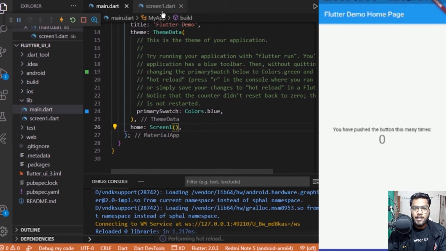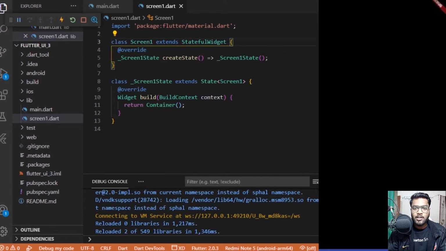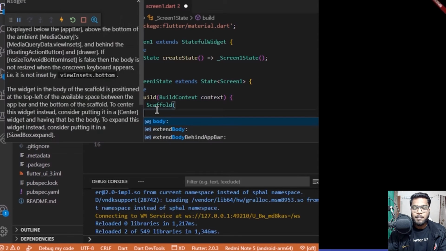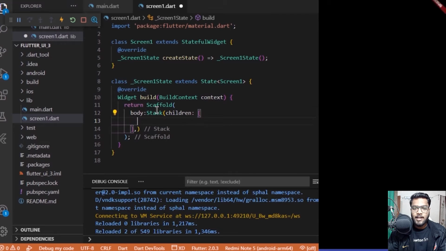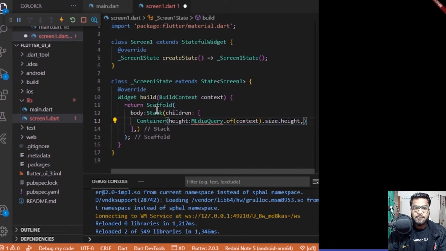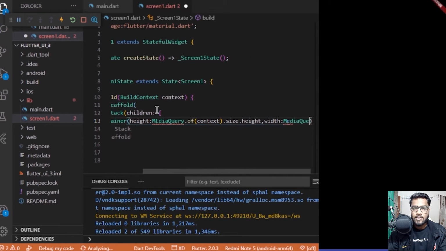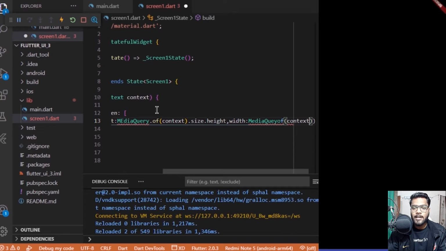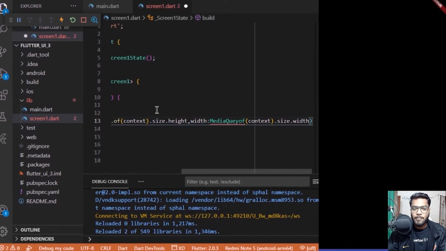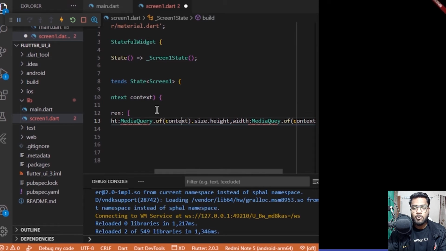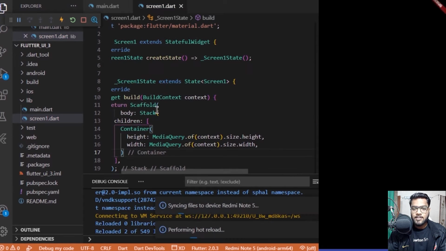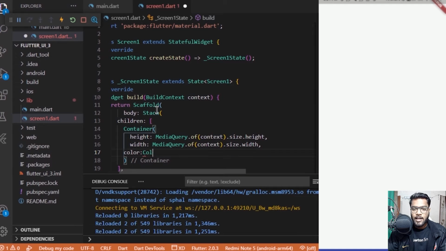Next up, importing that, and now going inside the screen1.dart file, you can see on the emulator it shows a black screen. I'll be replacing the container with a scaffold and adding a body which will have a stack at first, then children which will be of type container, having height as MediaQuery.of(context).size.height, which will occupy the entire height, and the width would also be in the same format to occupy the entire width that is available inside the mobile screen. Next up, fixing some errors, and next I'll be adding a color.